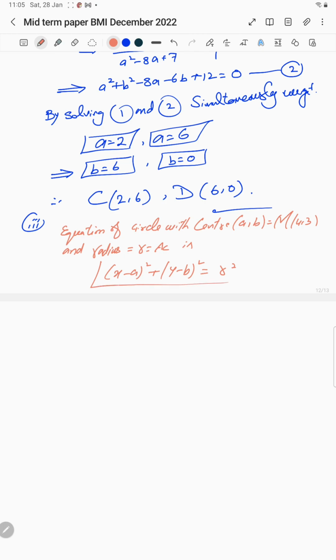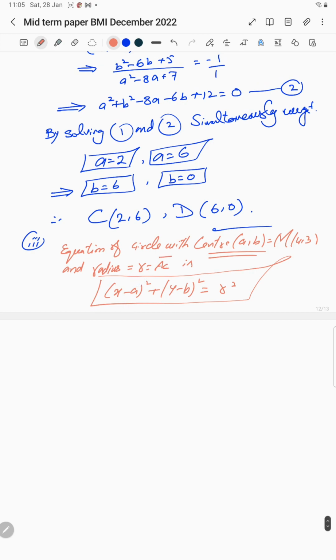This is the rule, the formula, where a and b are the center of the circle and R is the radius, that is AC or anything. So if we can find A and C,